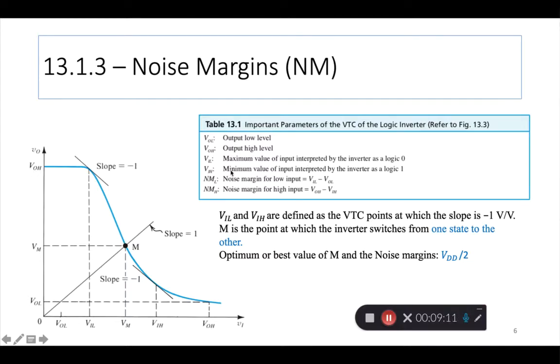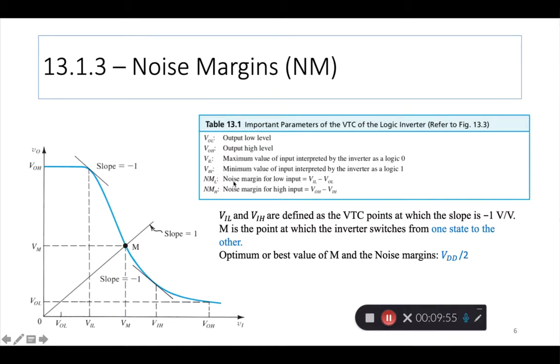Similarly, the VIH, that's the minimum value of input interpreted by the inverter as a logic 1. So as we go higher here, we hit VDD, for example, at this point. But let's say, which is, we said 5 volts, right? But let's say VIH is 4 volts. So even 4 is considered a high. It doesn't necessarily have to be only 5 VDD. It can even be slightly lower, like 4. And that is also considered a high as a logic 1 by the inverter. Okay. So VIL, VIH, make sure you